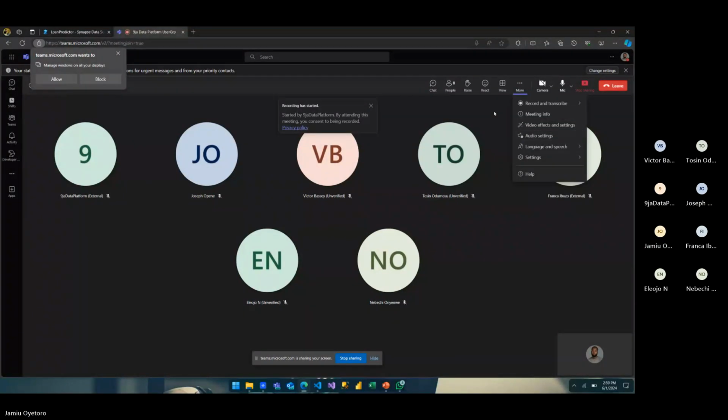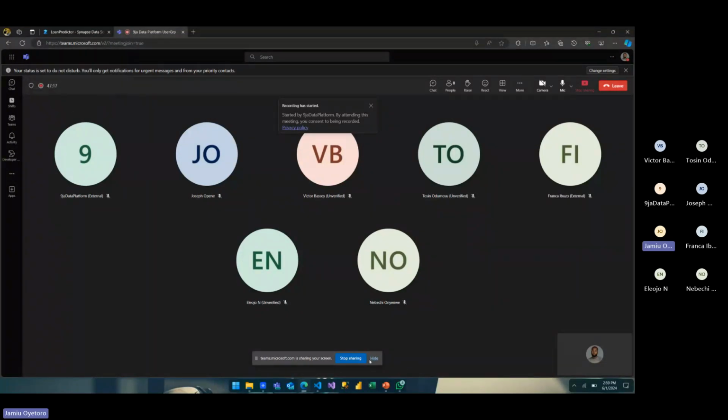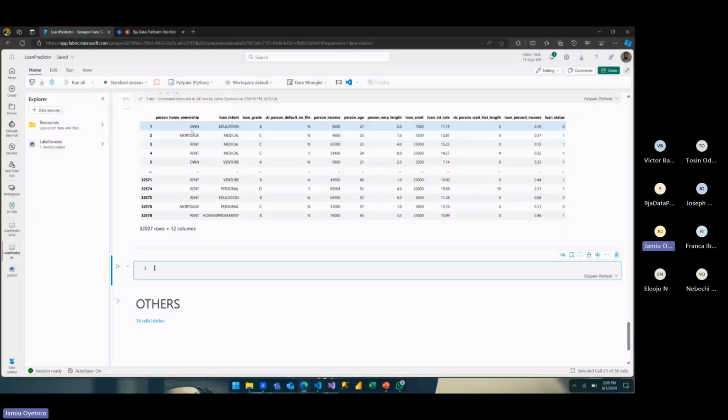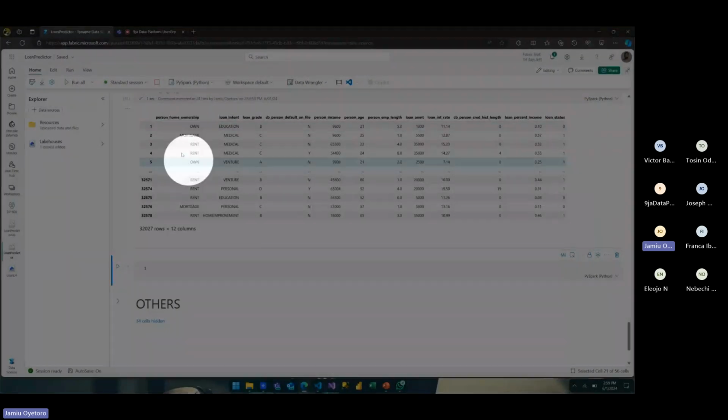So I want to use a tool that will allow me to draw on the screen so that I will be able to see what I want to explain. So what we mean by encoding is that the first way we always do it is that we can come to this column